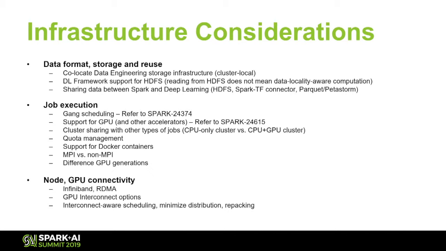So now let's talk about different considerations one should have to build an infrastructure that supports both data engineering and data science. Having a unified analytics platform that involves a technology like Spark has brought the data engineering and data science teams together. This means that they operate on the same cluster, and the data does not have to be moved around across multiple clusters. So having cluster locality is very important when bringing these different streams together.